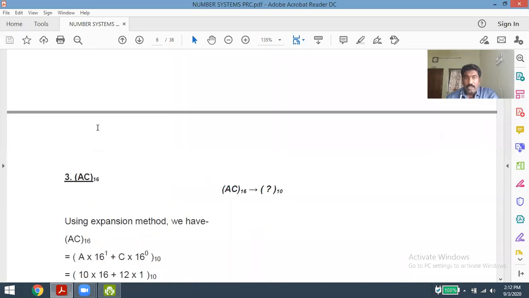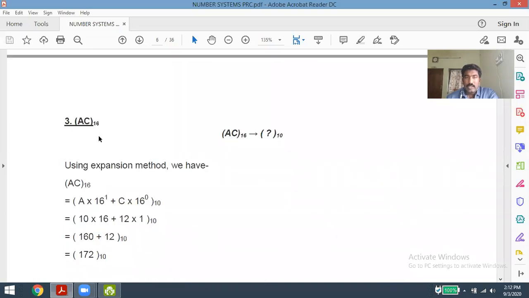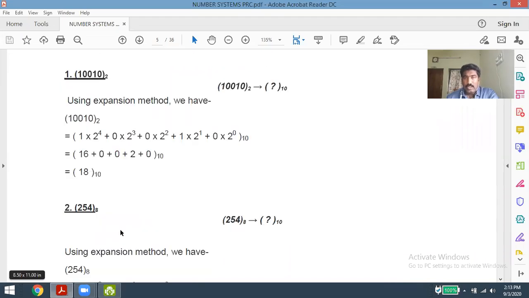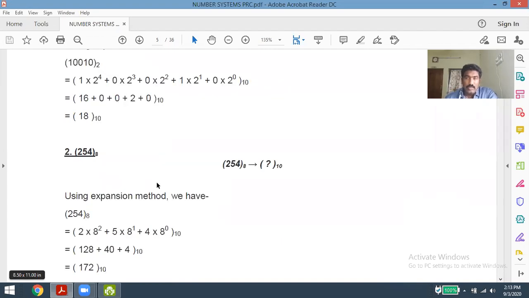Similarly for the hexadecimal. In the place of hexadecimal, what you want to do is first represent the values in the powers and then convert these given values into the required hexadecimal representation. We cannot multiply C into 16 directly. What is C? It is a fixed value. In the place of C, you want to represent that fixed value in the hexadecimal representation. So C is 12 and A is 10. Do the same process and you will get the result, 172 base 10. These three examples are already known to you, which we have already discussed in the last section.